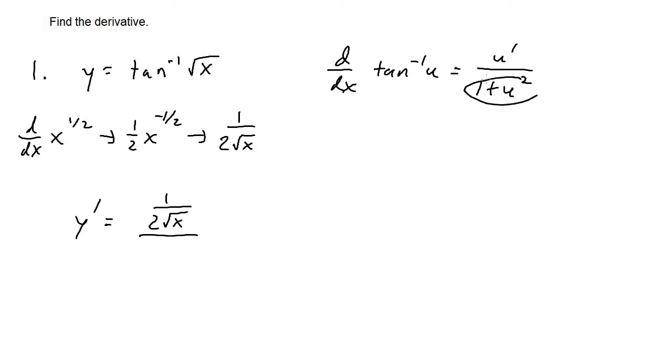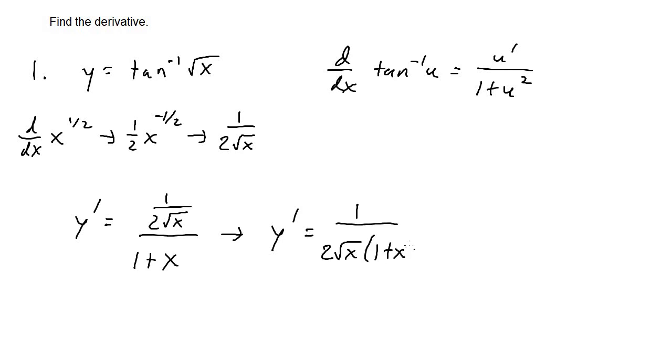over 1 plus u squared. So 1 plus, once again, if u is square root of x, square root of x squared will just be x. So then I can go ahead and bring 2 times the square root of x to the denominator. So we'll then get y prime equals 1 over 2 times the square root of x times 1 plus x. Now if you want to distribute 2 times the square root of x, you can, but this is an acceptable